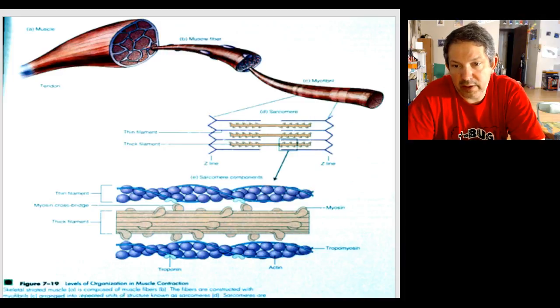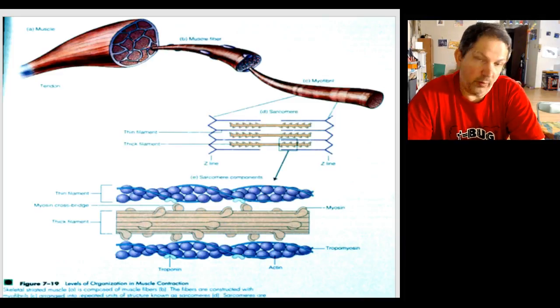We'll go through this step by step, but basically calcium is going to get released from the sarcoplasmic reticulum in response to a nerve signal. The calcium floods out and binds to troponin,